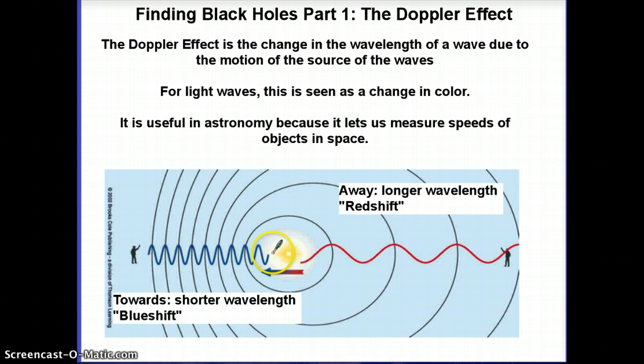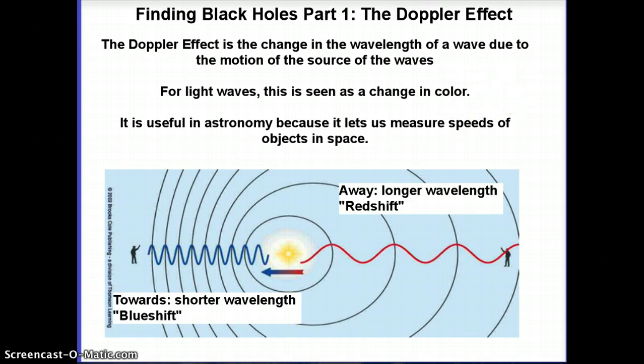Some source of light is giving off radiation, and as it moves towards the observer over here, the waves get squished together because the source is moving in this direction. For an observer over here, the source is moving away from him, so the waves get stretched out. That should be just something you remember from physics. So for something it's moving towards, the wavelength gets shorter. For somebody it's moving away from, the wavelength gets longer. And a change in wavelength, when we're talking about light, corresponds to a change in color.